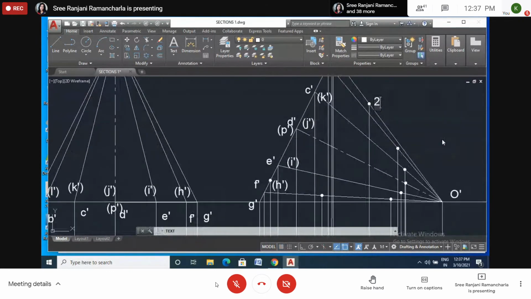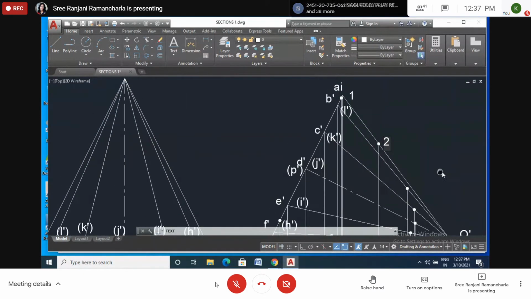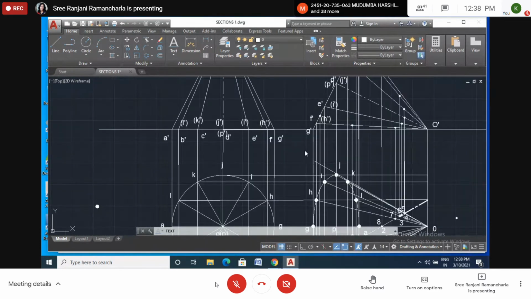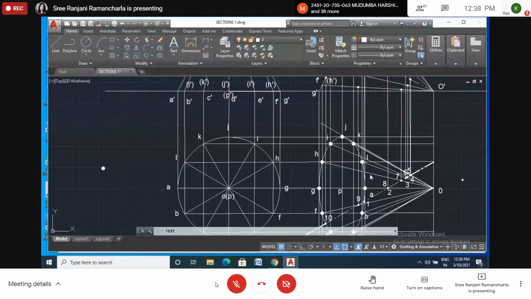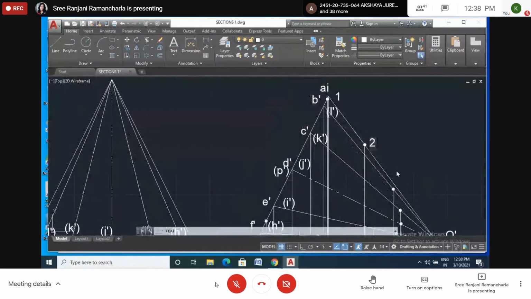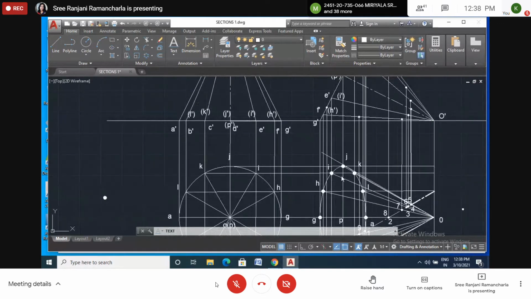Please tell me where is 3? Where is 3? Not BO. 3 is on, have you written? ELO, ma'am. ELO, that's what. Where is ELO now? This is this point, right? Let me check here. Yes, this one. This one is 3. So this one is ELO. This one is 3.